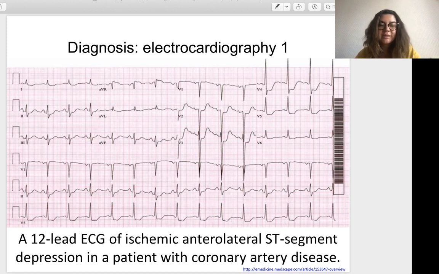Electrocardiography. What we see here, as usual, is a 12-lead electrocardiogram of ischemia. Here we see anterolateral ST segment depression in a patient with coronary artery disease. It is a patient with stable angina, and this recording